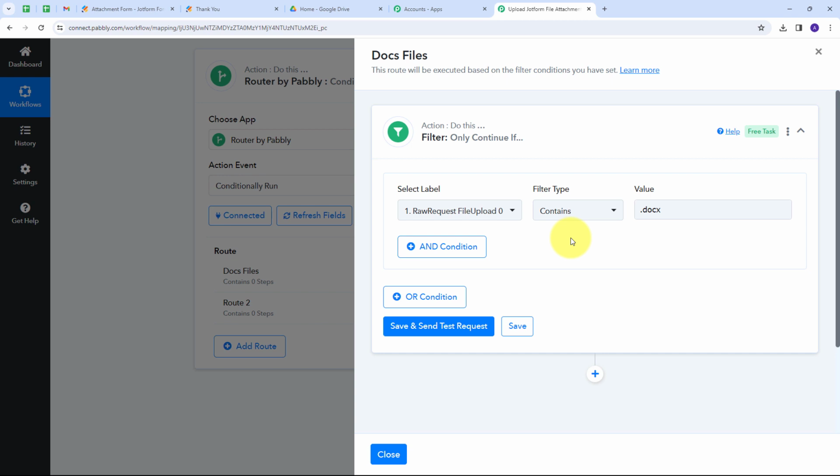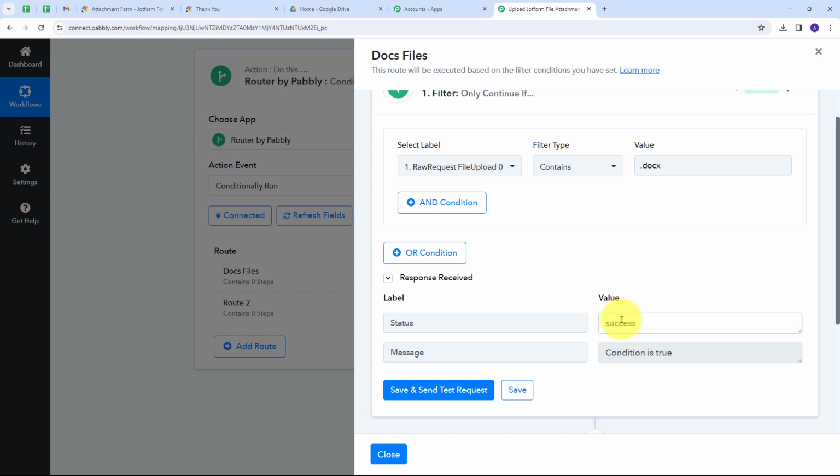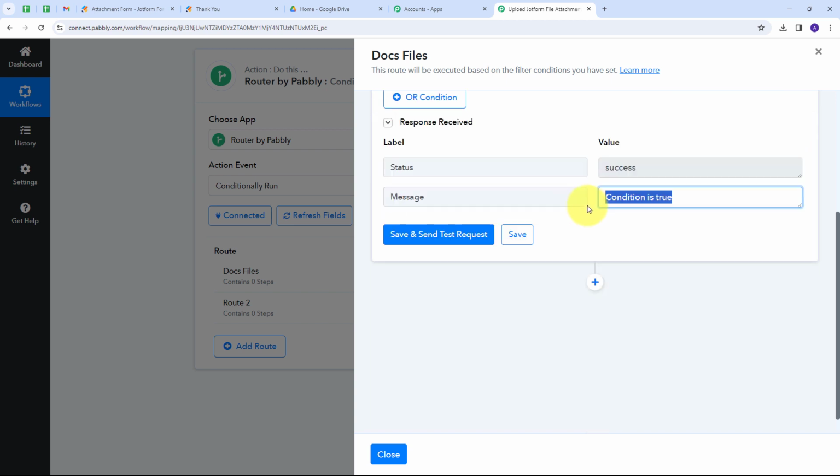So what I need to do is I need to click on save and send test request button. So here I have the status, which is success, and it means my condition is true. So it means that the file that I have received from Jotform is in docs format. Now what I need to do is I need to save this attachment in a document files folder in Google Drive. So for that I have to set up my actions tab here,